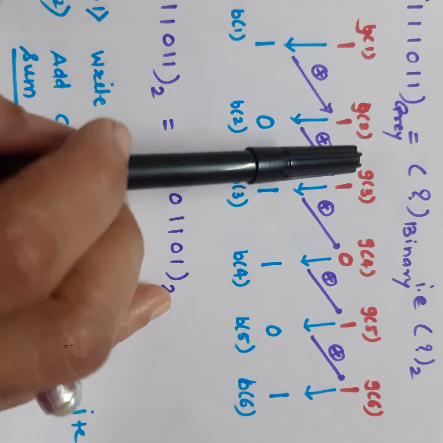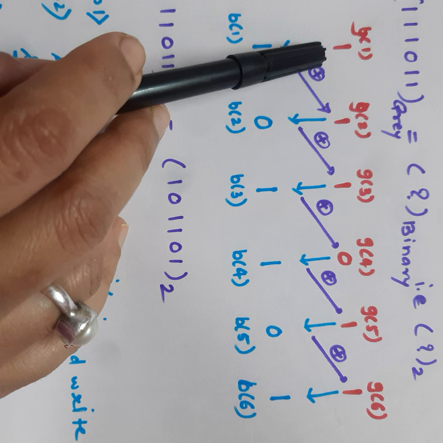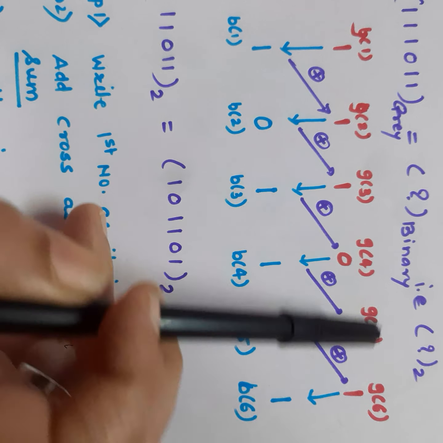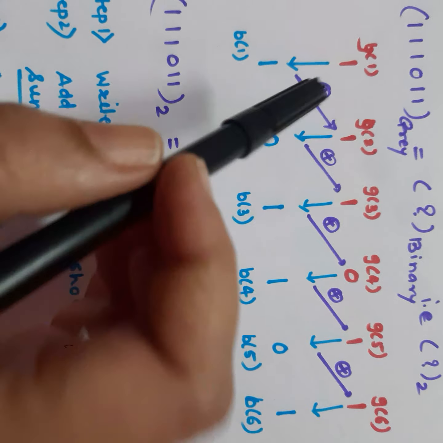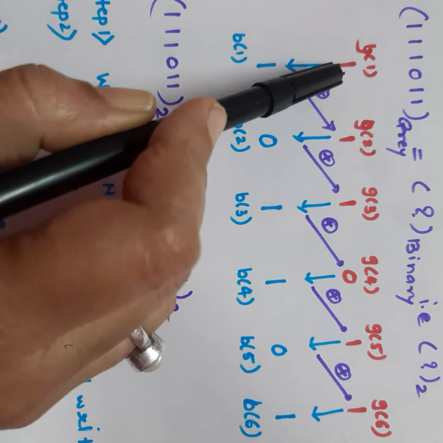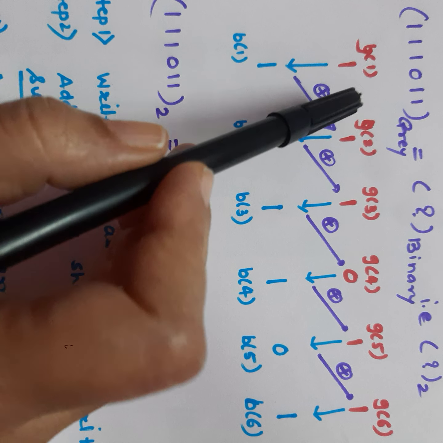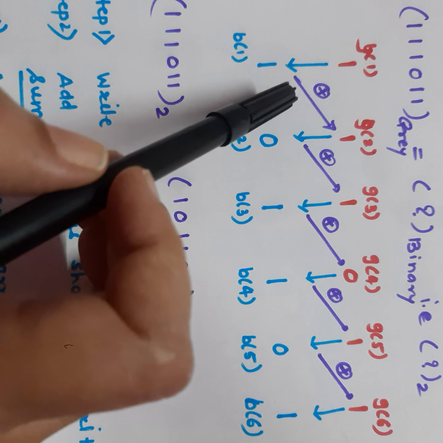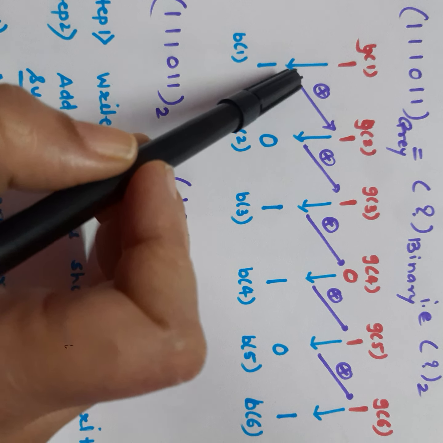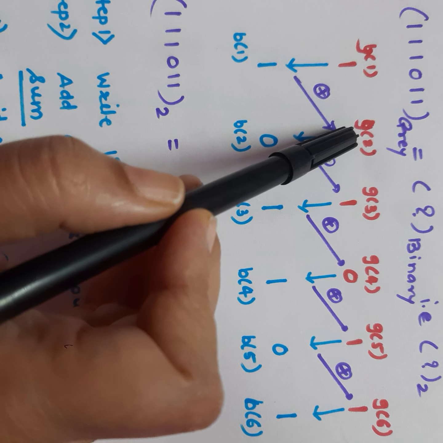So begin with this. The number as it is you have to write first of all. So 111011, I have written this as it is with some space. Then write down the first bit as it is. So 1 I have written as it is, 1. After that, this 1, the answer that has come, meaning the 1 that I have written as it is, this 1 has to be added with the next bit.